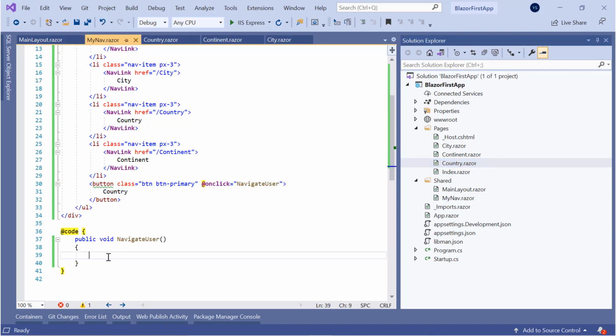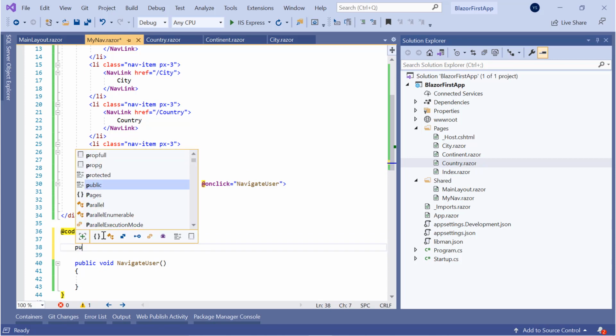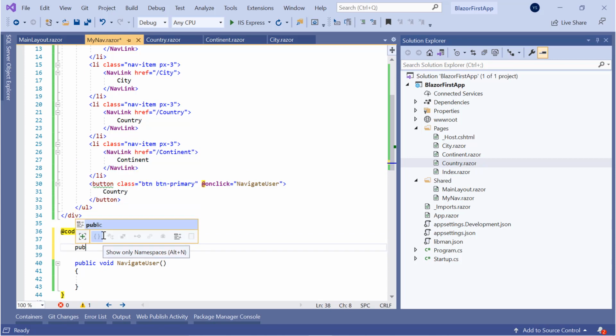Okay, so how to do this? You can do this by the NavigationManager class, and how to get it? You just inject it through the inject keyword, and dependency injection will provide you with this class and you can use it.